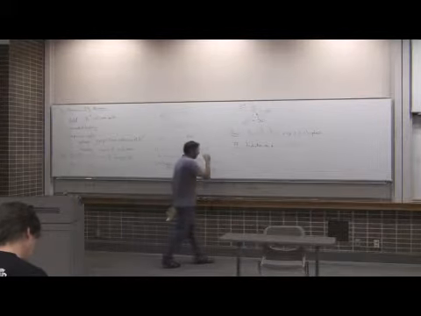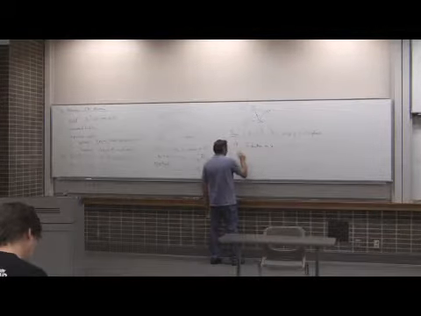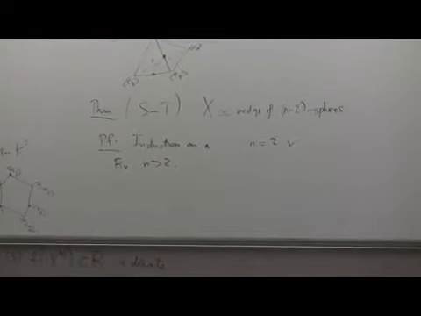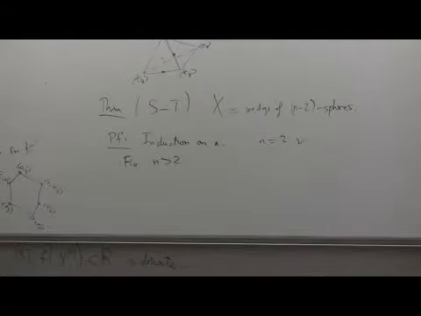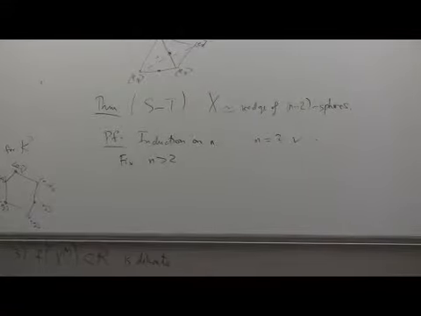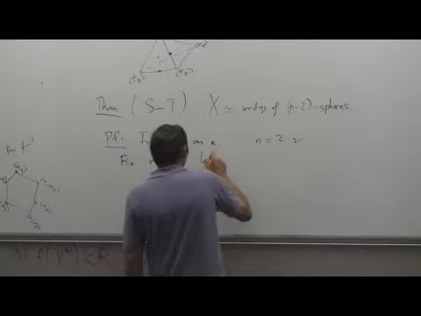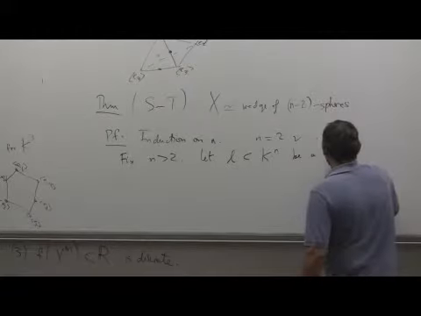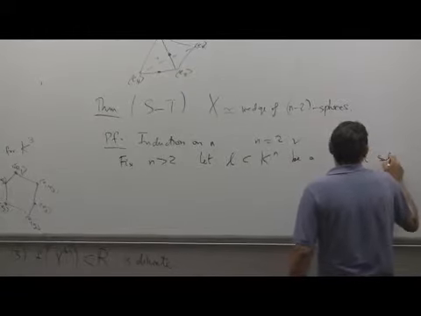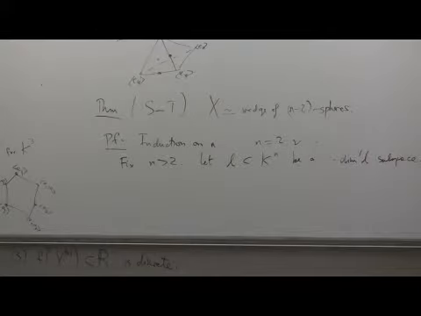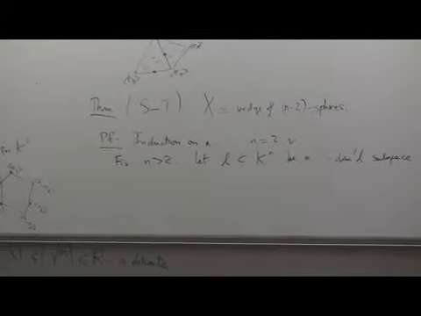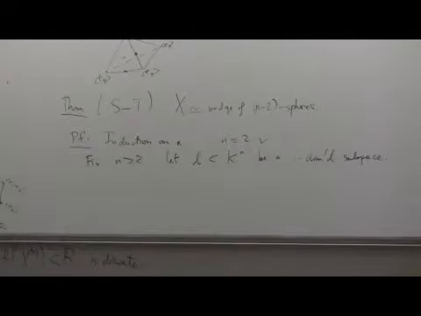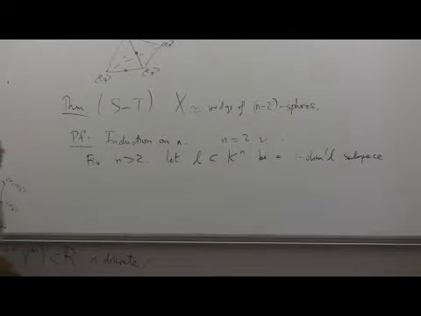Okay, so let's fix some n. Fix n variables. And I want to define my function. So the function will depend on the choice of a line. So I want to arbitrarily fix one of the lines in my space. So let L in K^n be a one-dimensional subspace. And now I'm going to define the function. Now, unfortunately, the function will not go into R. It will go into an ordered set, which can be embedded in R. So define